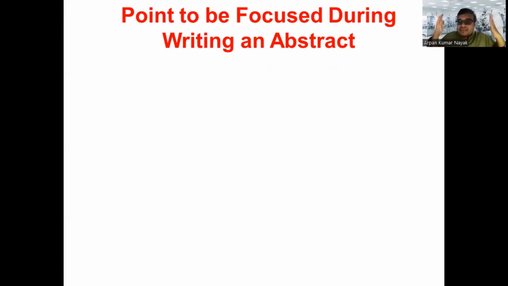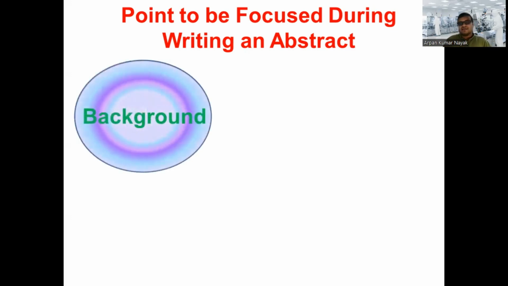So what points should be focused on in an abstract? As we said, in the title we take a few keywords which reveal the whole story of the manuscript. Here, we have to take a few sentences which reveal the whole story of the manuscript, or the whole research work. So what points should be focused on when you start writing the abstract? The first point,